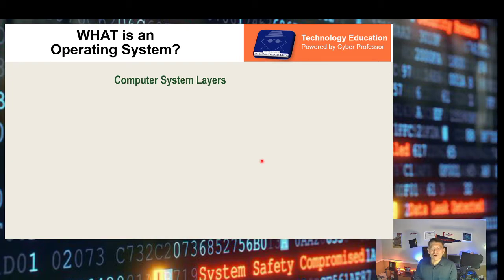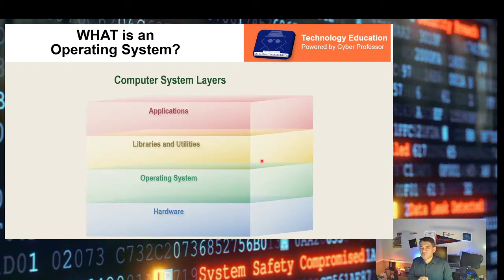It's a layer of software that provides 2 major attributions or characteristics, and those are abstraction, number 1, and arbitration, number 2. Abstraction is the attribute that allows the operating system to be kind of the middleman between the hardware and the software applications. So if you take a look at this layered approach of the computer system, you're going to see